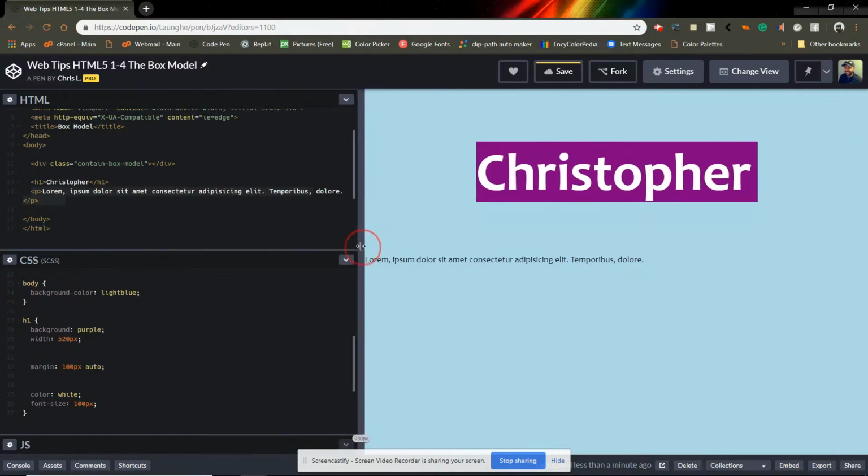Okay. Or we could say, if we remember our pattern, it goes clockwise. So 100 pixels on top, auto on right, 100 pixels on bottom, auto on left. So we see that it doesn't move. That's pretty much the same as writing 100 pixels auto. Well, it is the same. Okay. So we've seen the margin and how the margin affects our object, but where is our border